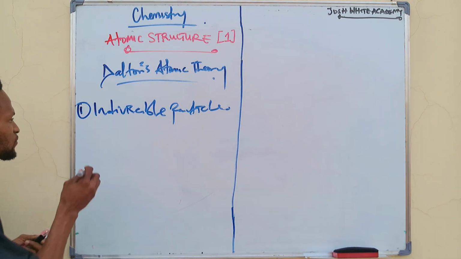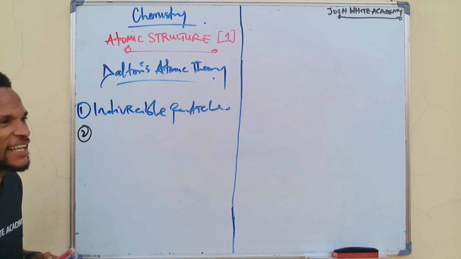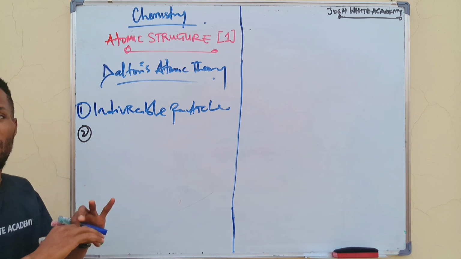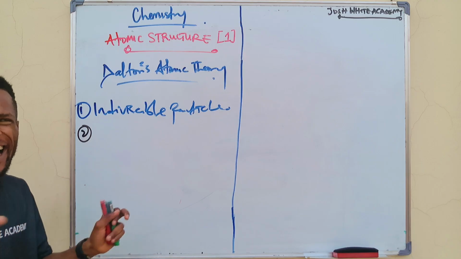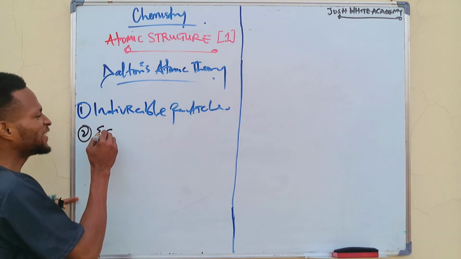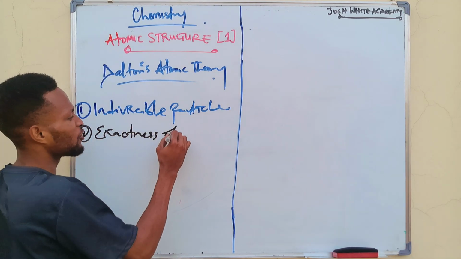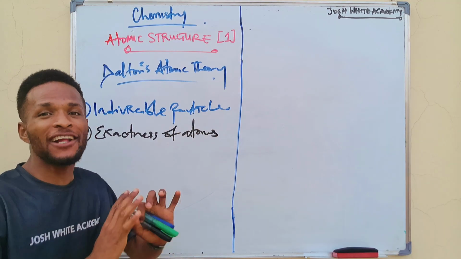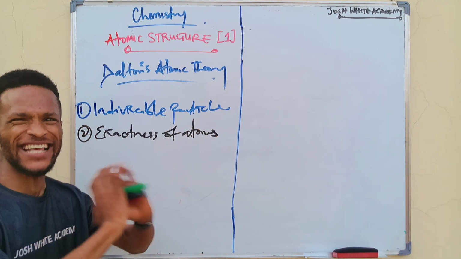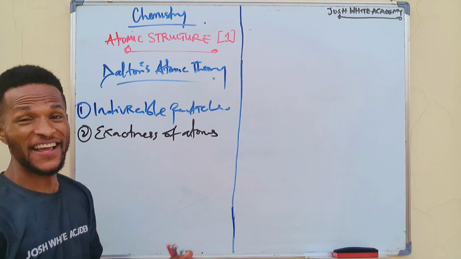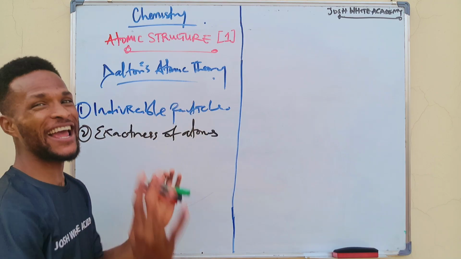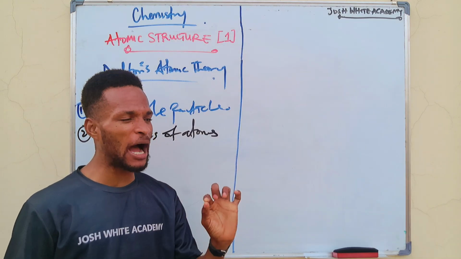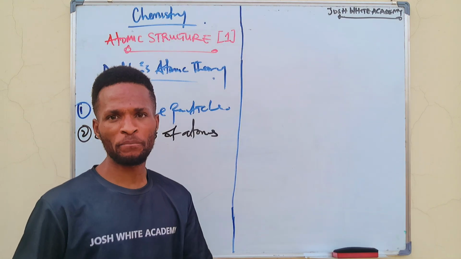Secondly, he stated that atoms of the same element are exactly alike. The exactness of atoms. He said that atoms of the same element are exactly alike in every aspect and differ from atoms of other elements. Now, the discovery of this term known as isotopes